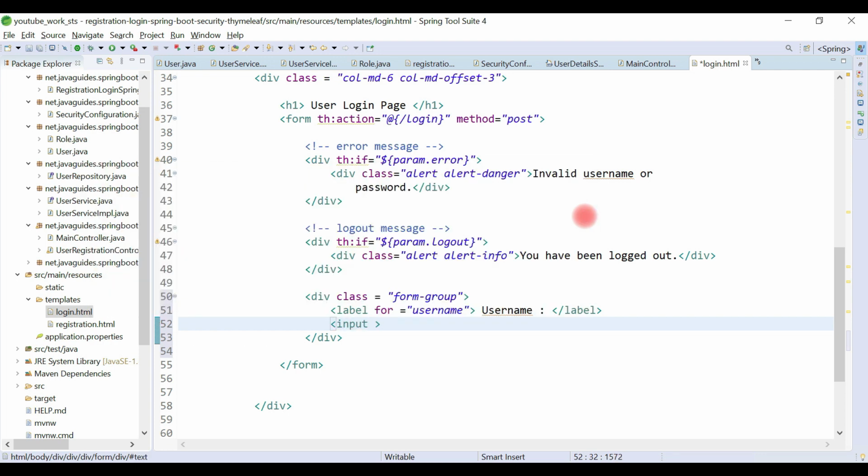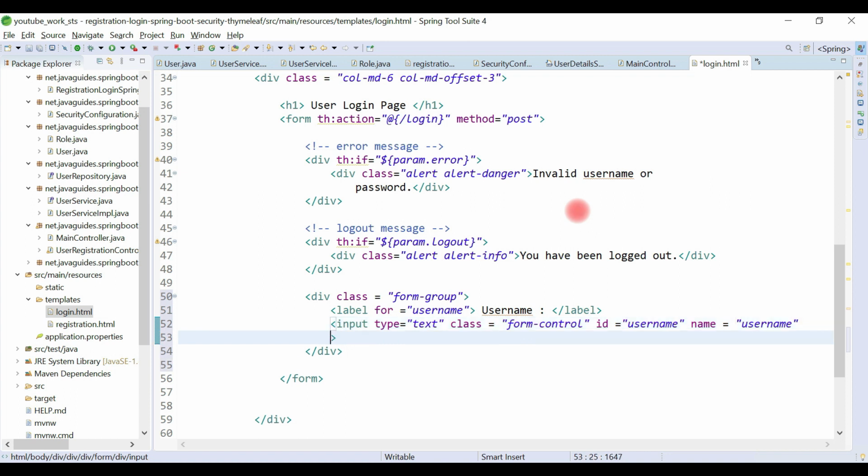have an input field here, type as text, and class as form-control, and then id equals username. Okay, and name equals username, and let's say placeholder username.